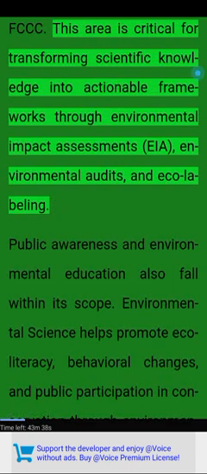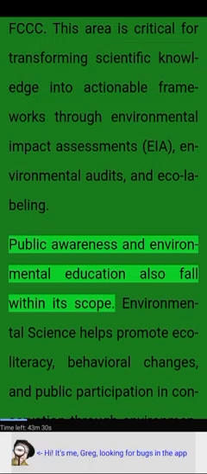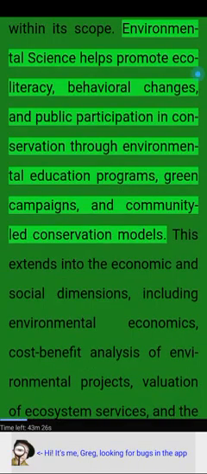This area is critical for transforming scientific knowledge into actionable frameworks through environmental impact assessments (EIA), environmental audits, and eco-labeling. Public awareness and environmental education also fall within its scope. Environmental science helps promote eco-literacy, behavioral changes, and public participation in conservation through environmental education programs, green campaigns, and community-led